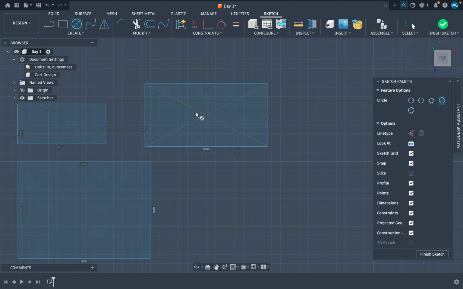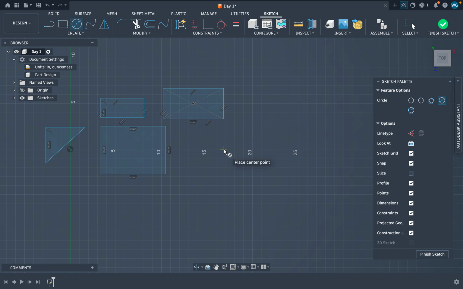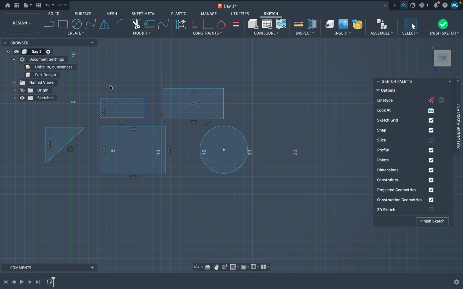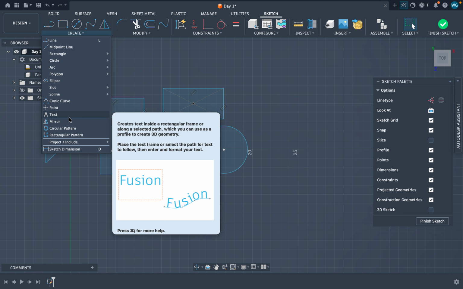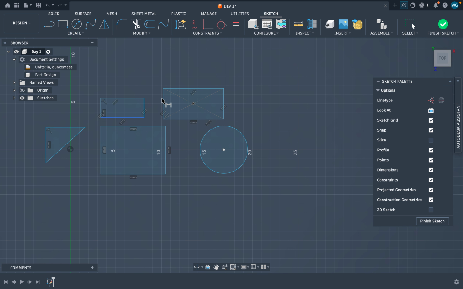Next, you have circle. You just press the circle button, and then you go like this. You extend it out, and then the numbers that pop up are your diameter. And you can change all these dimensions. For example, if you go here and you press sketch dimension, or you can press D, you can check what the length of this rectangle is. You press the dimension, and right here you can see it's